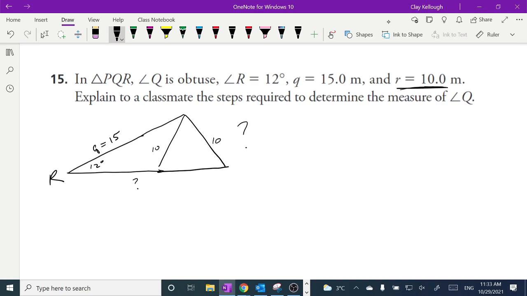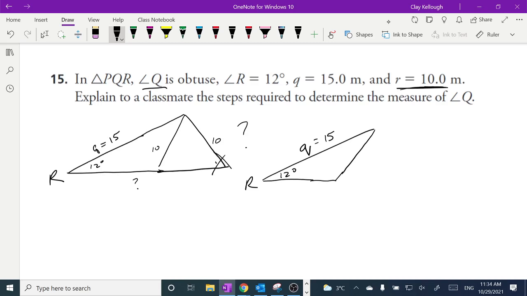Well, they gave me another hint. They told me that angle Q is obtuse. So the angle across from this side can't be this angle. That would be an acute angle. So that tells me that I have to have this triangle here. So I'll just redraw it. It has to have R is 12, Q is 15, and this 10 can't go that way. No, it's got to go back this way